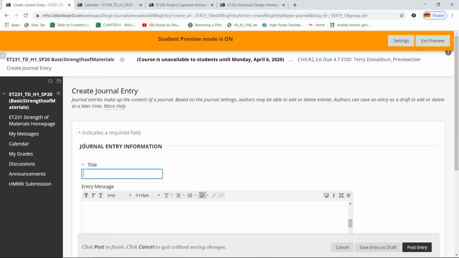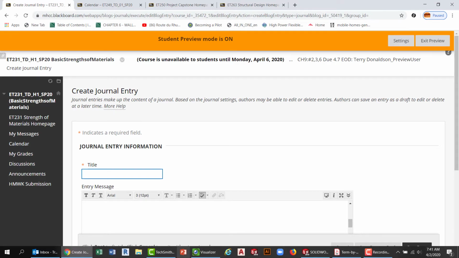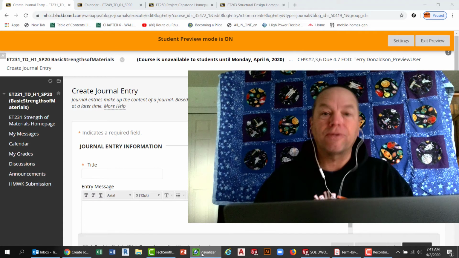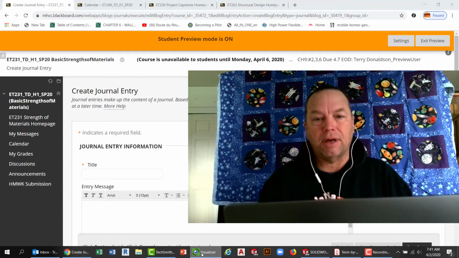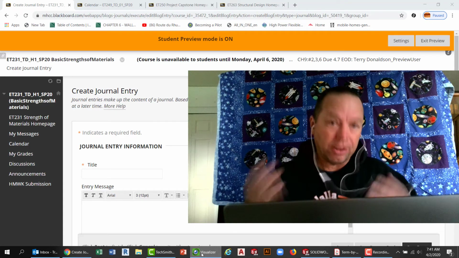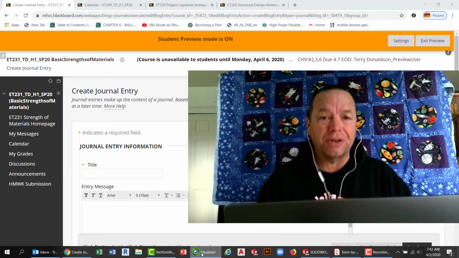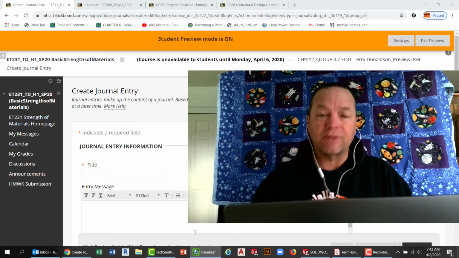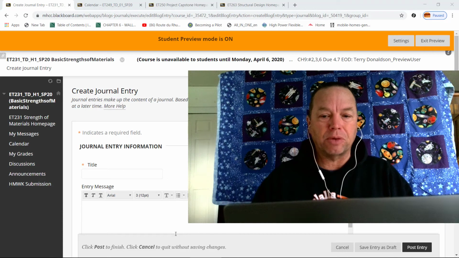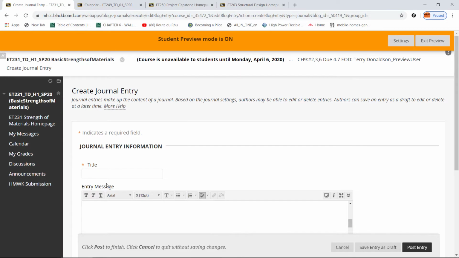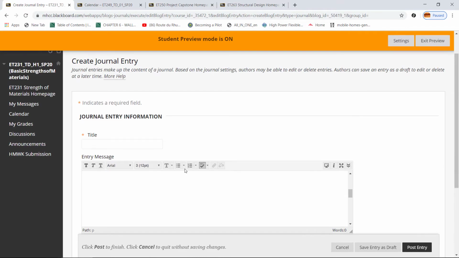Usually these are private, but I've tried to make the settings available for you all to see each other's, because I don't care that it's private for homework. Matter of fact, I'd like you all to be looking at each other's homework. That'd be good. But we'll have to see how that works, and you'll have to let me know if you can see other people's homework assignments. So we'll figure that out. All right, so that's submission there. And then